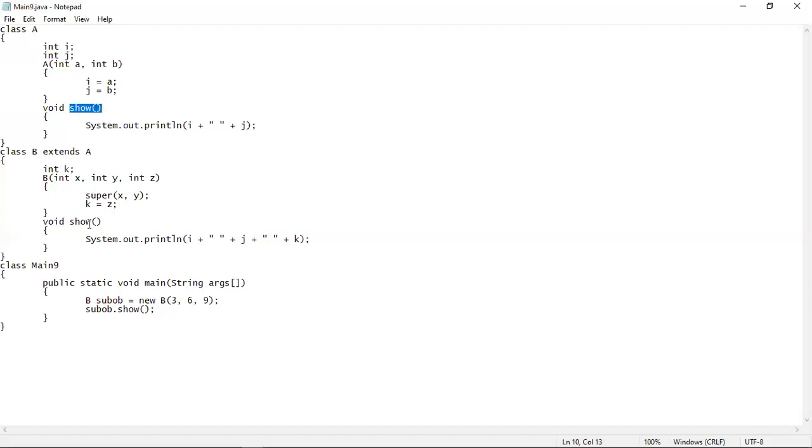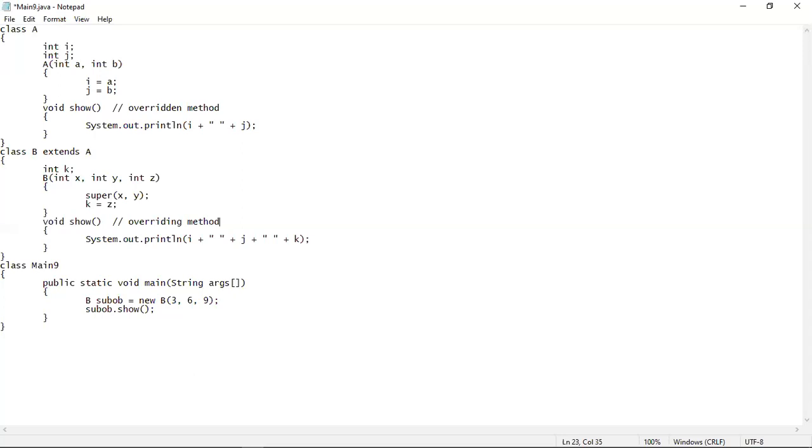That means this is the overridden method, and this one is the overriding method. Let me write it down. This is the overridden method, and this one is the overriding method.